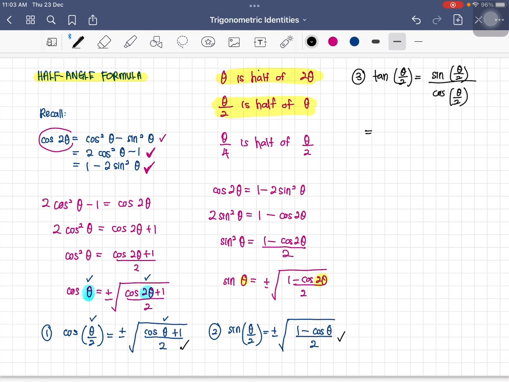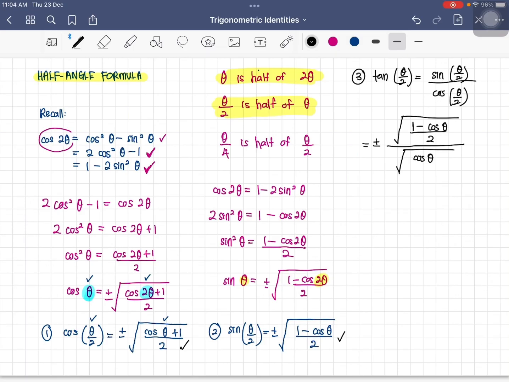Therefore, since both of them involve the plus minus, of course I'm going to write tangent theta over 2 as a plus minus, but I'm going to write it in the middle. So it'll be something like plus minus, and then the square root of, for the sine of theta over 2, 1 minus cos of theta over 2, divided by the cos of theta over 2, which will become